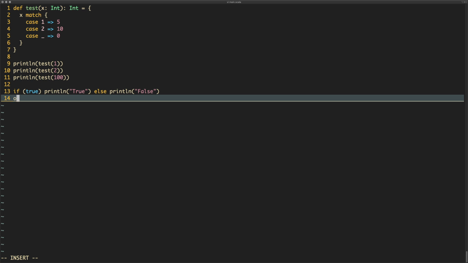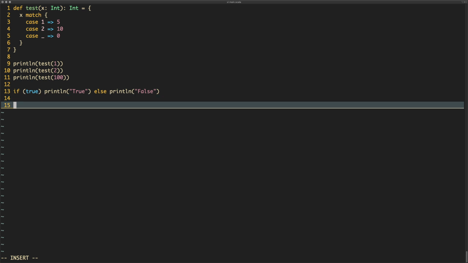The next thing I wanted to look at were a few things like the logical operators. Scala has your standard array of logical operators. So we could do things like if x is greater than 5 and x is less than 10, then we want to just say println. For this, I'm not going to have an else statement, so I'm just going to say println, and we'll just say, yep, x is between 5 and 10. If we define x over here as val x and we say 7,